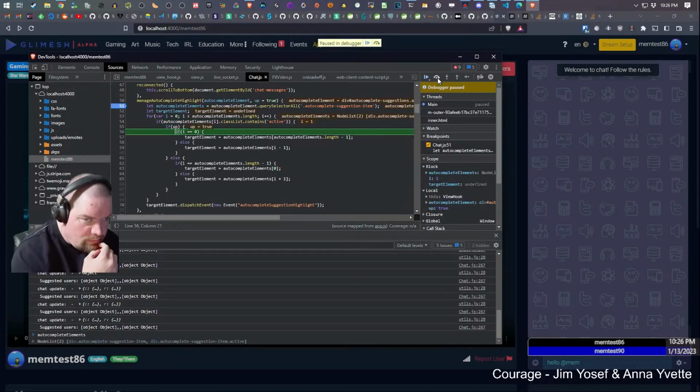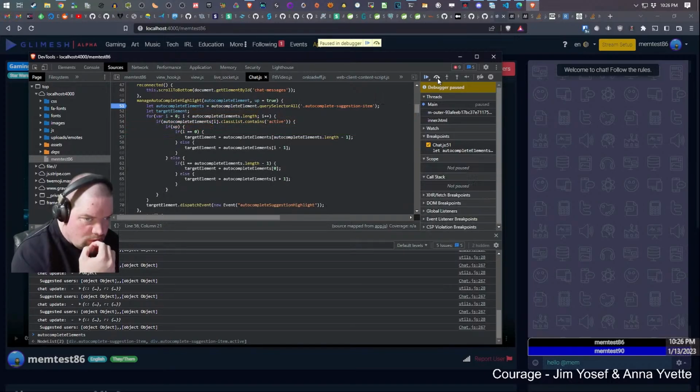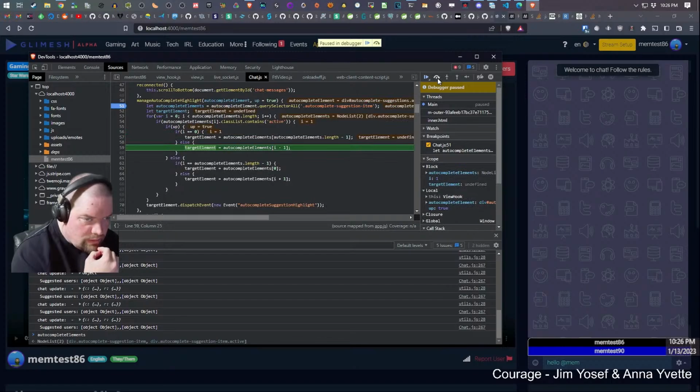If up, that's right. Autocomplete elements, I equals 0. Is I 0 really? No. Oh, yeah, no, this is right. Autocomplete elements I minus 1 is the target element.